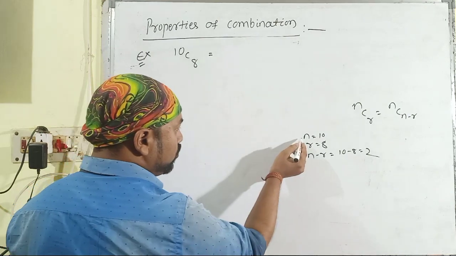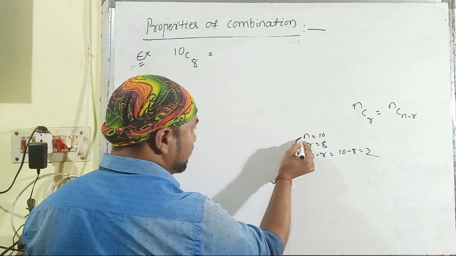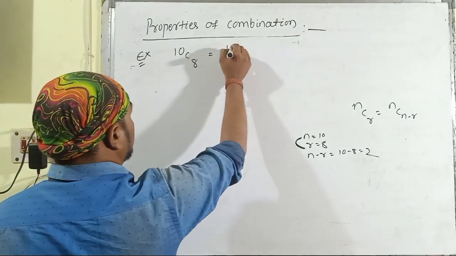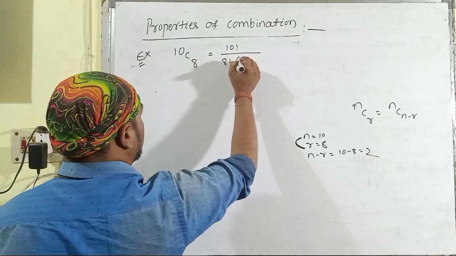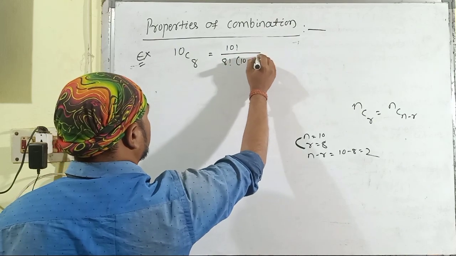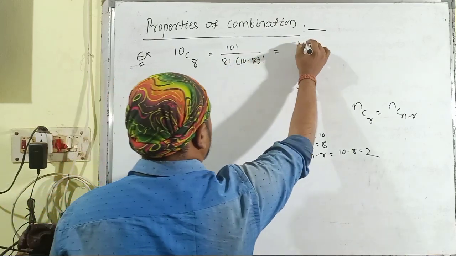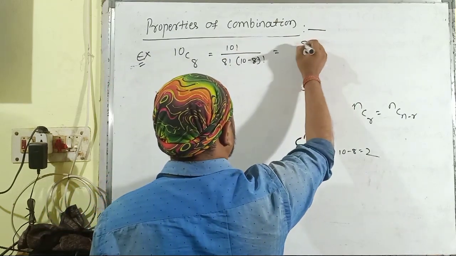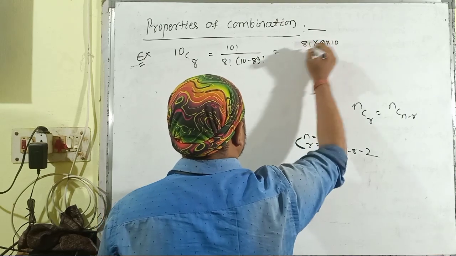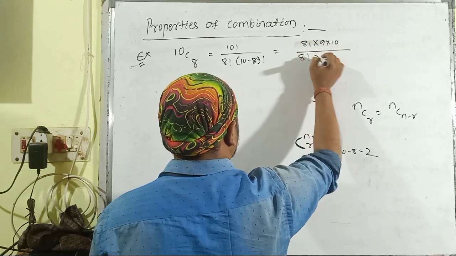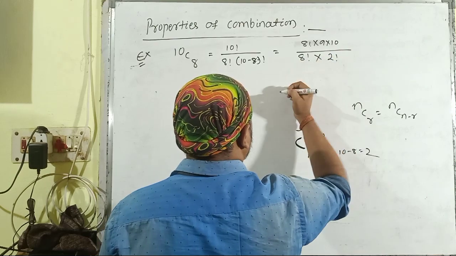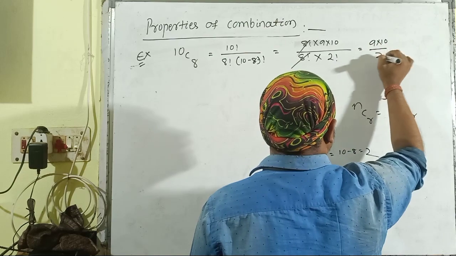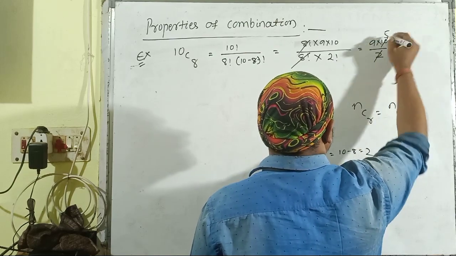So first of all we have to consider these two values, nCr. So it is 10C8. So it is 10 factorial divided by 8 factorial multiplied with factorial of 10 minus 8. Then this is 10 factorial. Let us express this 10 factorial in terms of 8 factorial into 9 into 10, divided by 8 factorial multiplied with 2 factorial. Then cancelling both of these parts, here we can have 9 into 10 divided by 2. So it is 45.